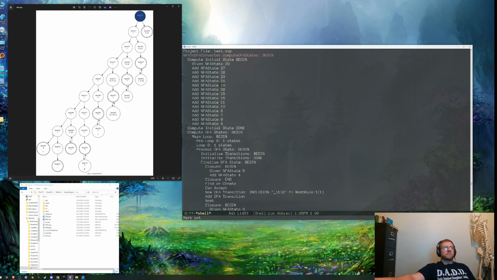But this 0 should add 1 and 2. After 0, 4, I should see 1 and 2 get added here. And the question is, why isn't it? That's good information. This is what I mean by closure. This is an alternation, so I can go left or right, and this doesn't actually check anything. It means you have to try both. So a closure says, where can I get to? And it gets everything until it has a concrete thing. It goes down every path until it hits concrete. State 0 never adds more.